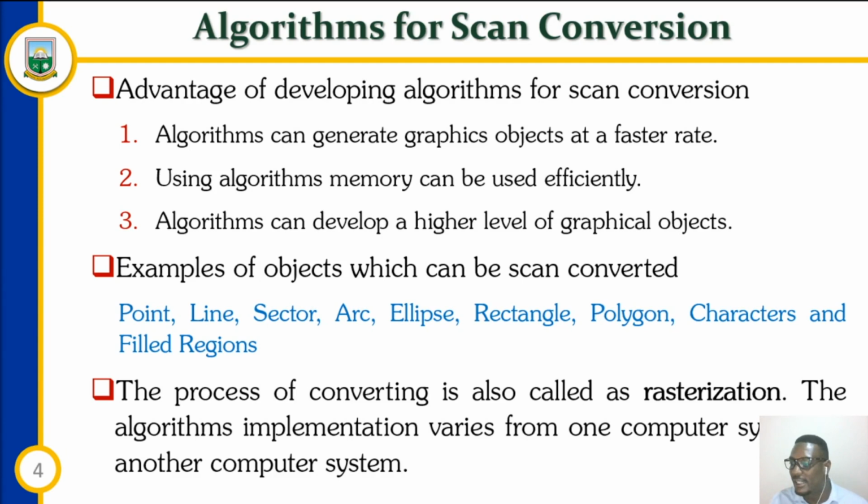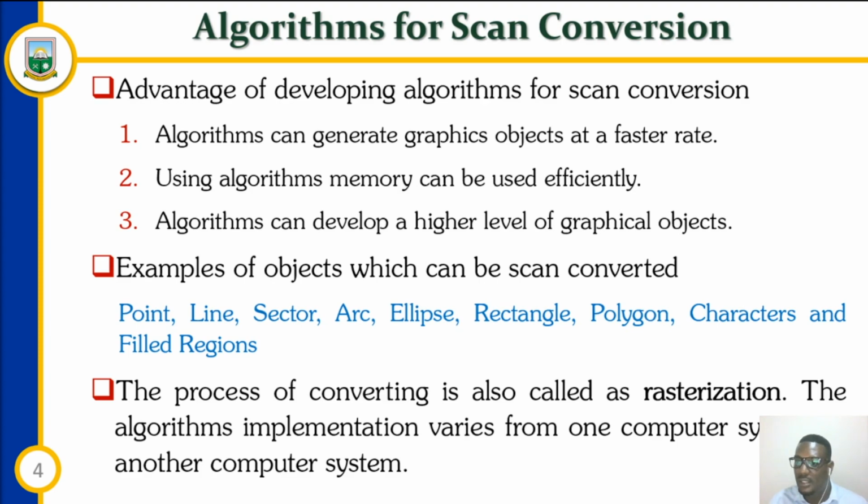Once you have an object in a 3D world, by the use of scan conversion, you can bring out the pixels from the continuous graphic object. The process of converting the graphic object to its discrete pixels is what we term rasterization. Most of the algorithms being implemented vary from one computer system to another. An algorithm working for Windows might be a little different from an algorithm that would work in the Linux